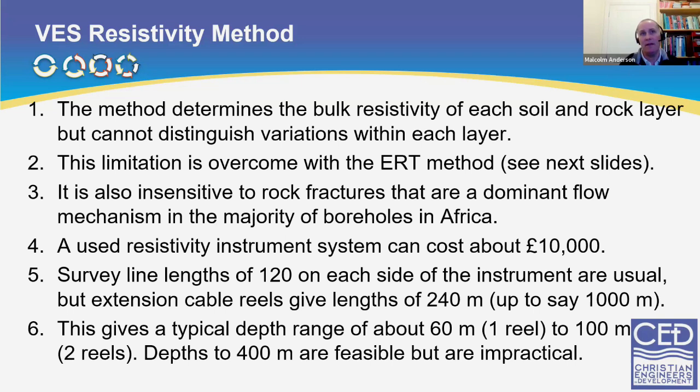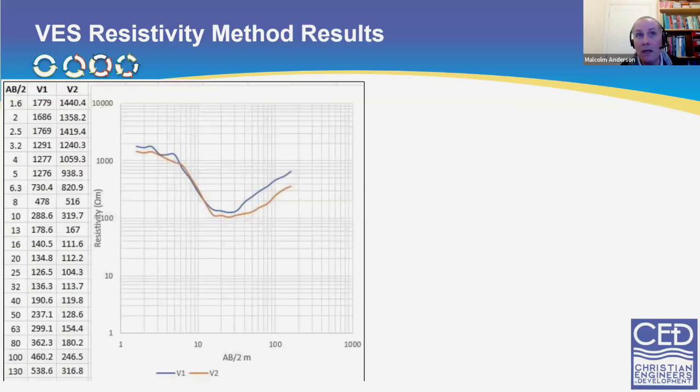Nonetheless, the VES method gives a depth range of about 60 meters on one reel and about 100 meters on two reels. And as I said, depths to 400 meters are feasible, but are impractical. And what it does is it gives you this curve. AB is the distance between the two outer electrodes, and because it's symmetrical, AB over 2 is the half